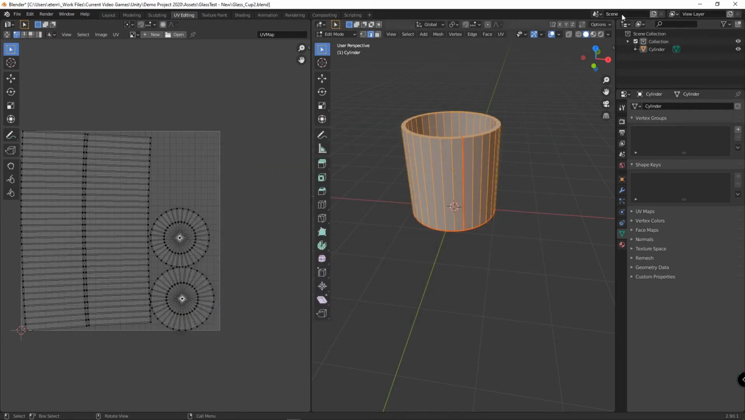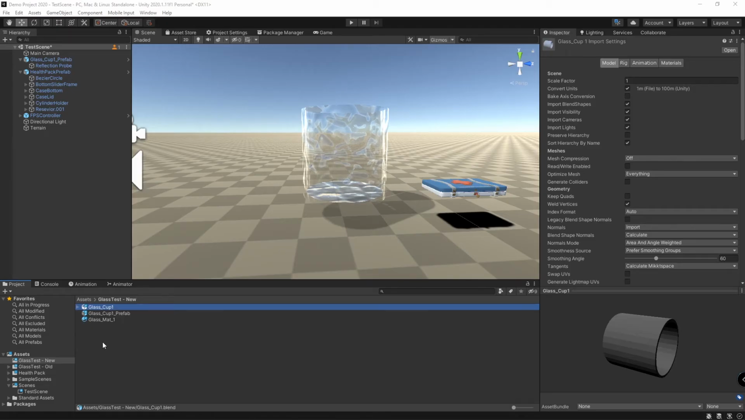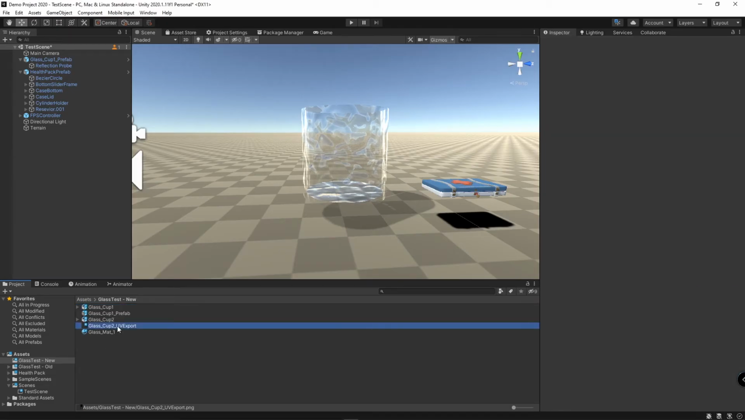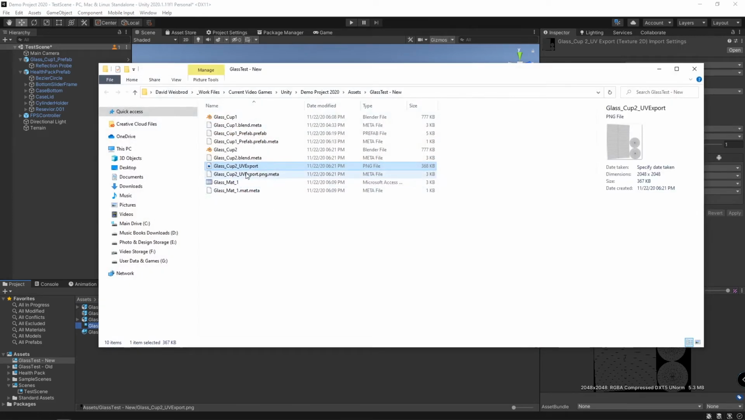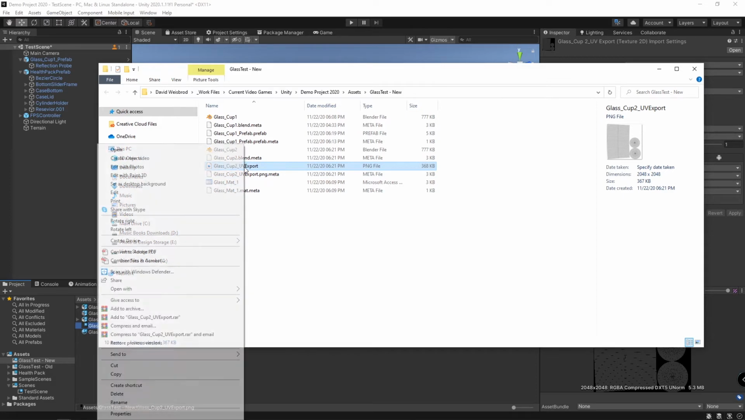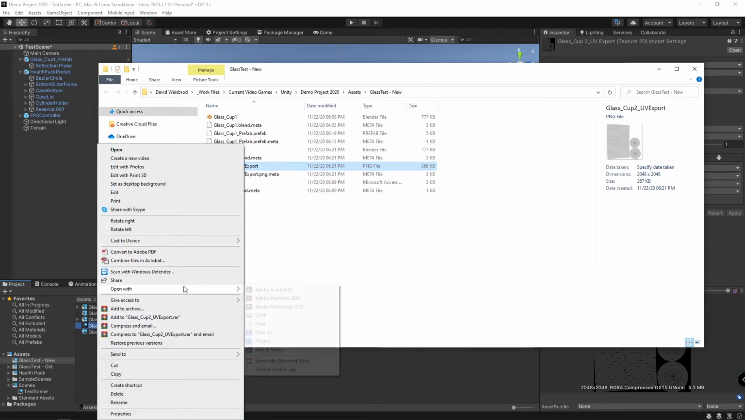And then what I'm going to do is let's go back to Unity, and you'll see that UV export comes up here. I'm going to open this up in Explorer, and we've got our UV export. And what I'm going to do is let's right click, and I'm going to open it in either Photoshop or